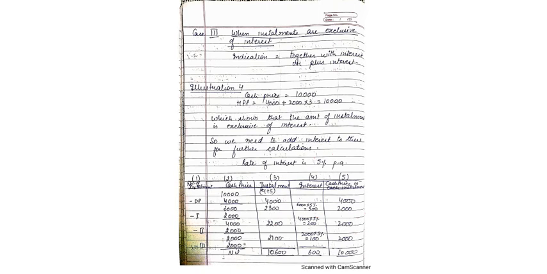So outstanding amount at the end of second year would be 4,000. Now interest would be calculated on this 4,000 and it comes out to be rupees 200. Again, we will add cash price plus interest and we will get the installment money, right? Similarly, for third year, the amount of interest would be 100 and the installment value would be 2,100.